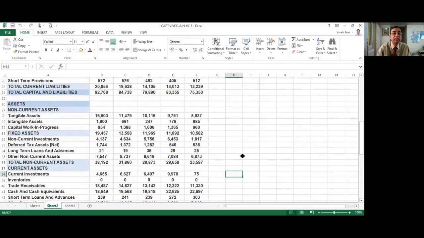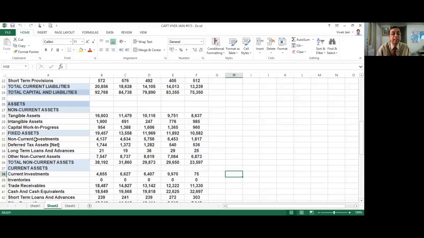So we see the non-current assets, in which tangible assets are 16,000 crores. From 8,000 it has increased in the last 4-5 years. Intangible assets have also increased from 985 to 1,900. Capital work in progress is already there, going on continually for the company's growth all over the world. Globally, it has got offices all over. It is always wooing business from all classes. So the fixed assets total